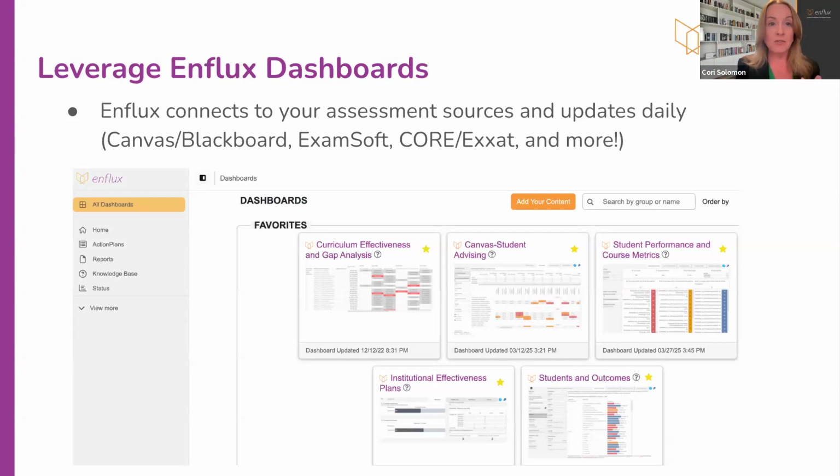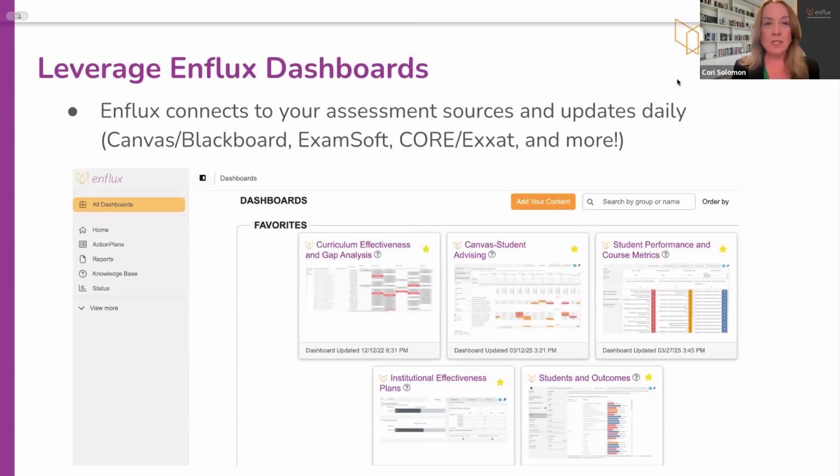So it refreshes daily. So you can go in and quickly see on your homepage, these are the students at risk. And then you can drill into what are the courses that are happening, or you could look at it from a course perspective. So I know Dan was describing his process to me and was saying he actually goes to the student performance and course metrics dashboard, and he looks at the courses that have students at risk and then is able to start with that course, because obviously that would tie into your faculty resources that you have to leverage that content, right? We also have the student advising dashboards, which again, you can click the button at risk and it'll filter your students to say, these are the students who are at risk today.